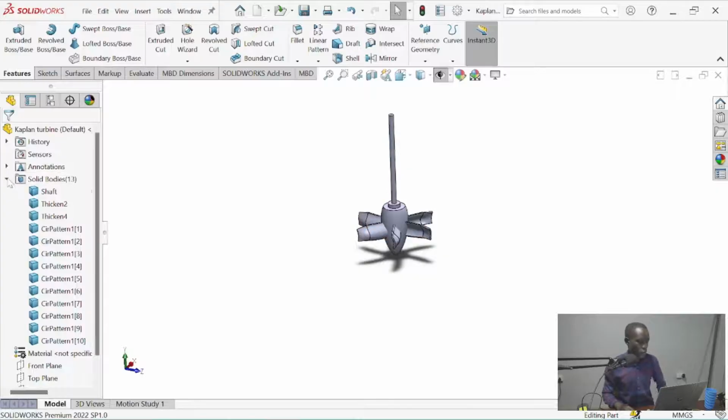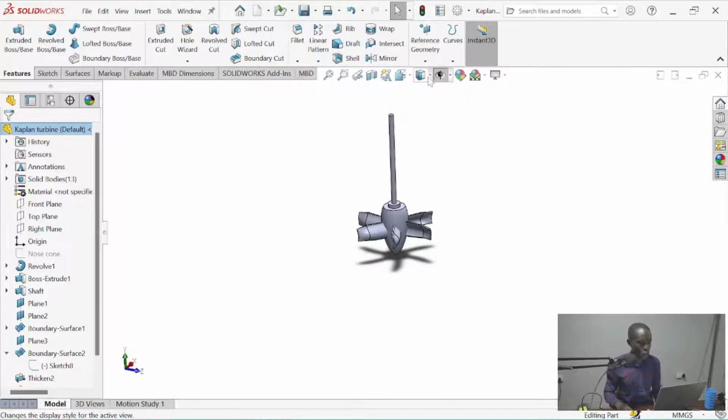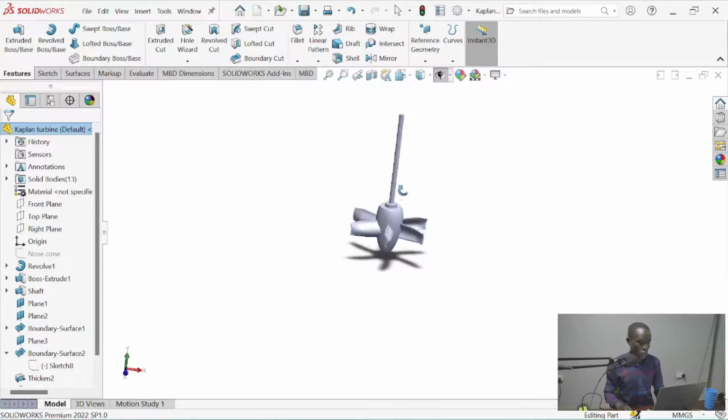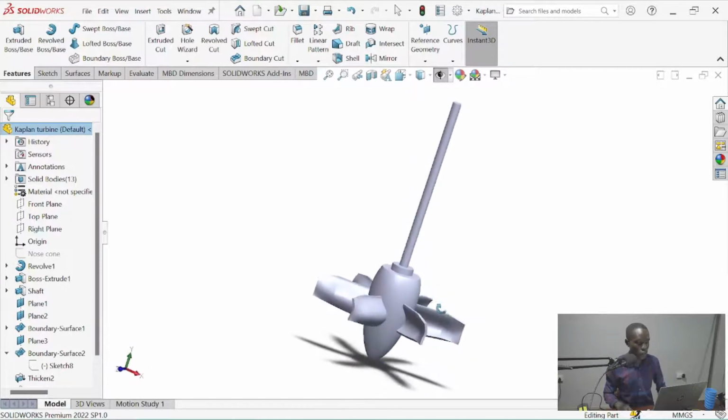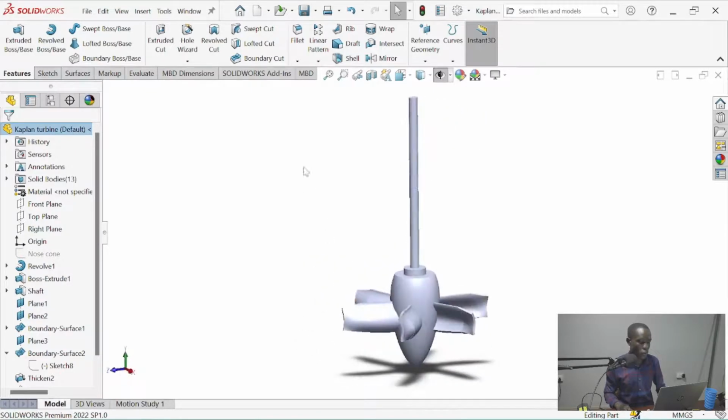So now we have the shaft, the nose cone, the adjustable blades. And then now we shall do the generator. The geometry of these blades can be improved upon based on what you want.